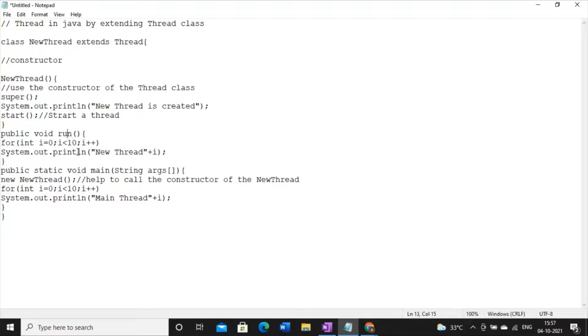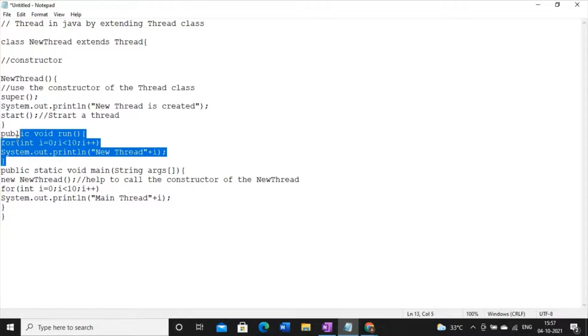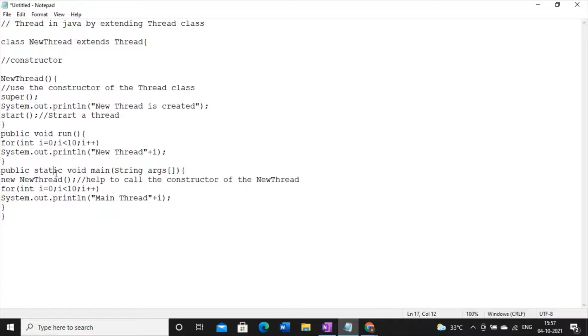Now we have to define more than one thread. So this is one kind of thread, and then after public static void main, if you use an anonymous object, what will happen? You can call this constructor which you have already created. And afterwards, whatever piece of code you write is the responsibility of the main thread in Java to invoke. Now you have one question: what is the main thread and how is it executing? I will tell you. So this is the basic structure of thread creation in Java. Let me execute this code first.